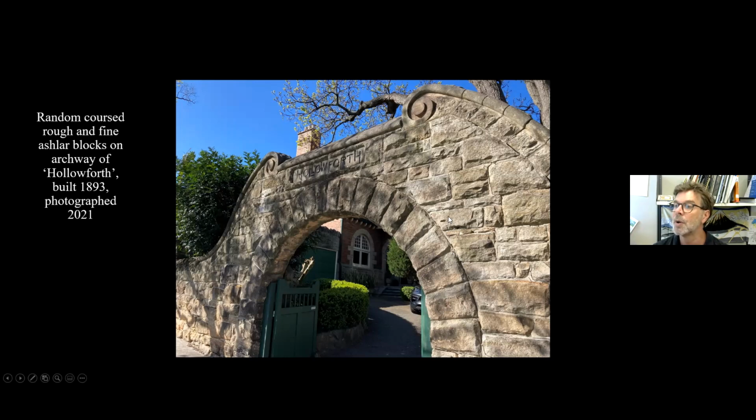And this is an example of a random course wall. So you can see there's no particular line of stone there. You've got one and two there and another there, whatever fits together. So it creates a beautiful wall, but you can see the finish at the top here is very finely dressed there. So that's perfectly smooth. So it's not like the stonemason didn't know how to dress stone. It was what was demanded of the architect, who in this case was Edward Jefferson Jackson, who was one of the pioneers of that English revival style.